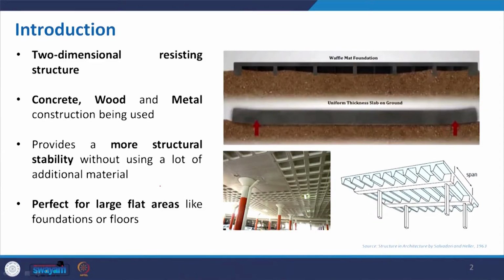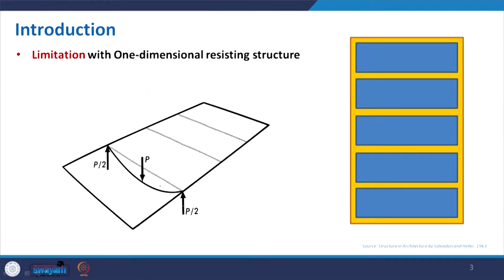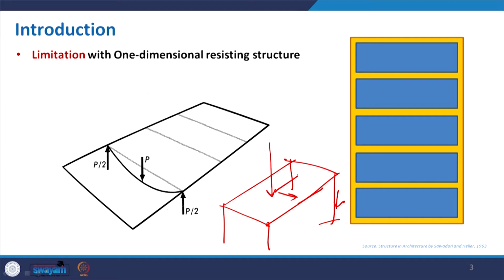If you see in this slide, a grid is a two dimensional resisting structure. To understand what exactly it is, we need to know about the one dimensional structure. So, I take the next slide, then again I will come back to the first slide. Whenever you have a frame structure, a flat slab structure, you have a number of columns and then the slab. The load applied on the slab is distributed and transmitted to the column, and the column will transfer the load to the lower floor and then to the foundation.